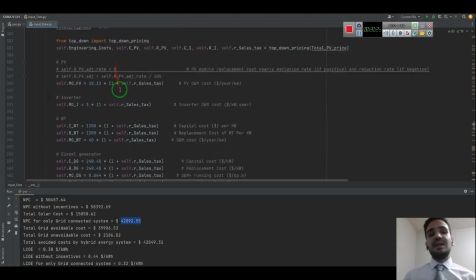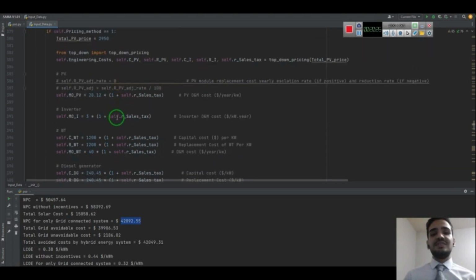It should be noted that all the prices defined in SAMA for both top-down or bottom-up pricing methodology are per unit cost. By this I mean for the PV it's dollars per kilowatt, or for batteries dollars per kilowatt hour. So you need to be careful about that.